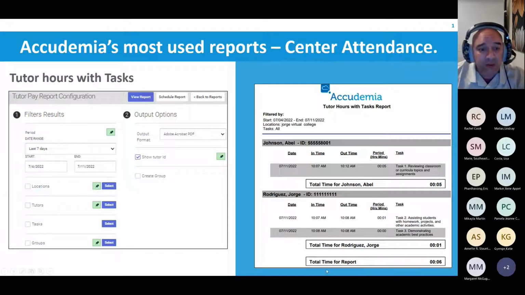And what you're seeing in this report is that you can have a report based on those tasks. For example, it's going to tell you that John was working Monday meeting with the students, and then Wednesday he was demonstrating academic best practices, and then Friday he was working on something else. So you know exactly what the tutor is doing, and not just a general "he was just working." So you know specifically what they are working on, and that's going to give you more information about what they are doing and why, and if you need to give them